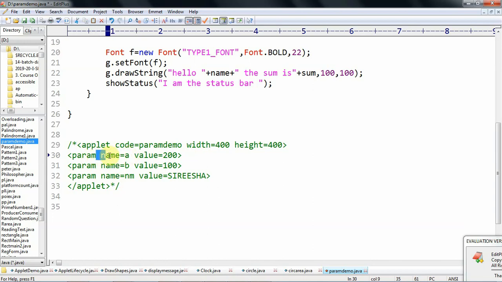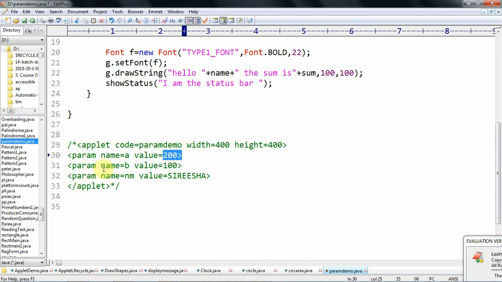Param needs two attributes. One is name equal to a, this is the parameter name. For this parameter we need to give some value. Here I gave value equal to 200. That means the parameter name is a and the value associated with it is 200.